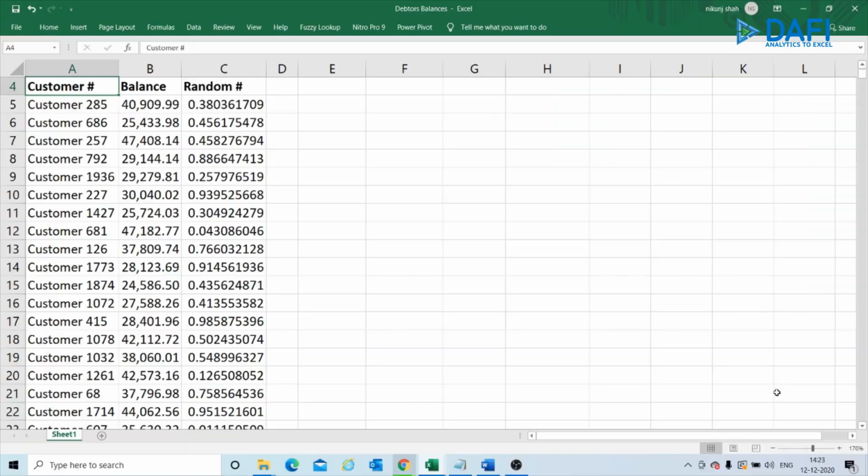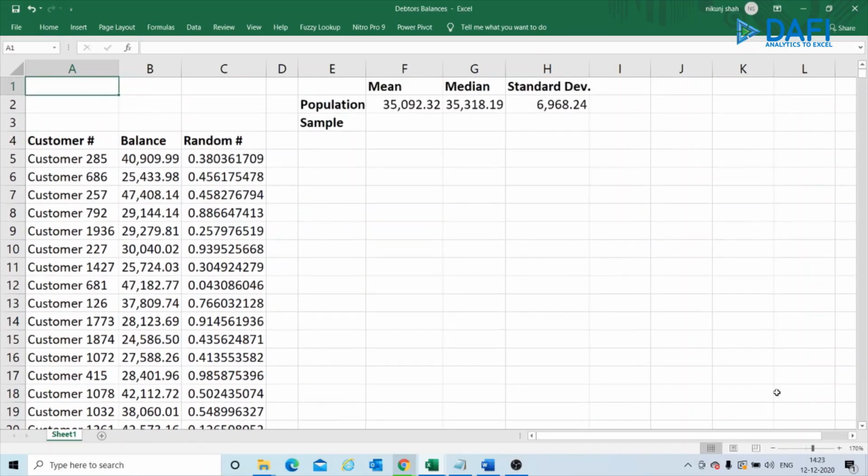Well, the selected sample is representative provided its three important statistical attributes, that is, the mean or the average, the median, and the standard deviation match with or are close to the mean, median, and standard deviation of the population. So, let's calculate these attributes for the population and then for the sample.